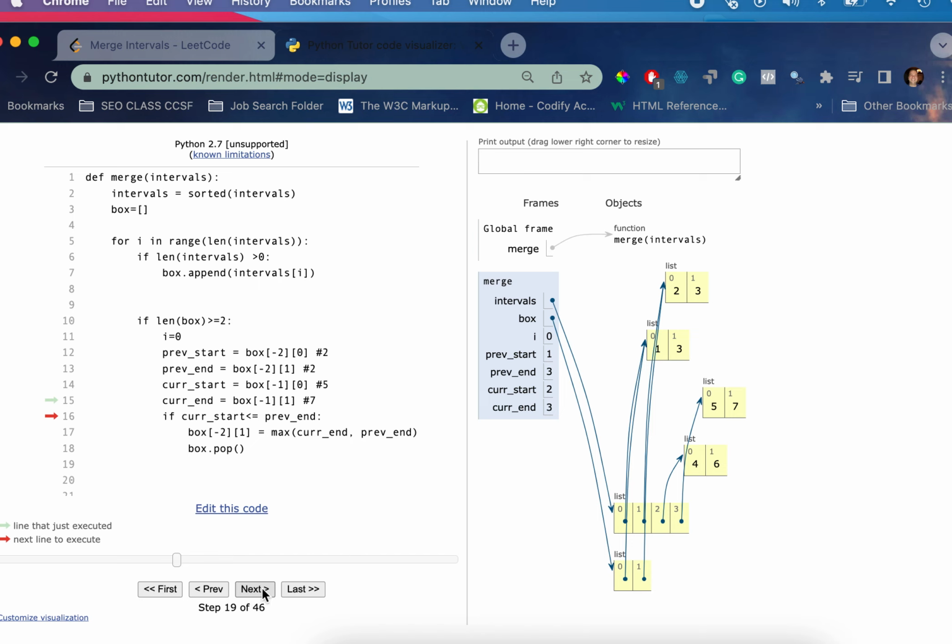And now what it's checking is whether the current start, which is 2, is less than the previous end, which is 3, and if it is, it's going to update the end variable for the previous element. So it'll change that 1, 3 to the highest, the max of current end versus previous end,